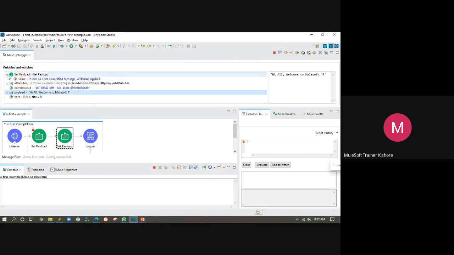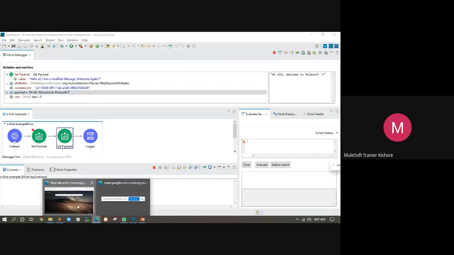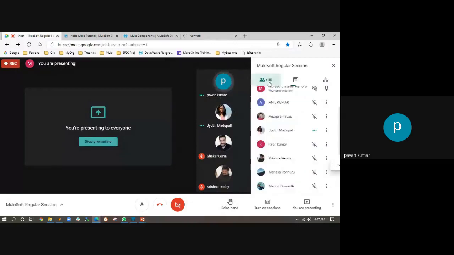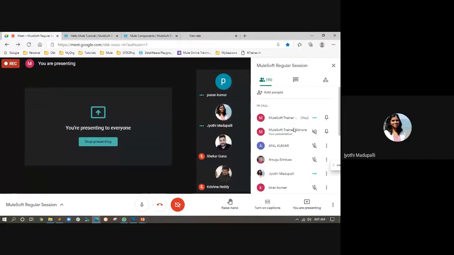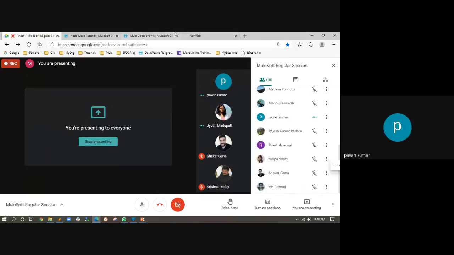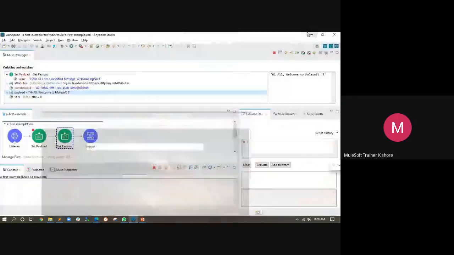So will this execute, or will this return a message saying that hey, you already assigned something to the payload? Any guess? If you know it, then it's fine. I think it will execute. Won't it throw an error saying that it was already assigned the value?